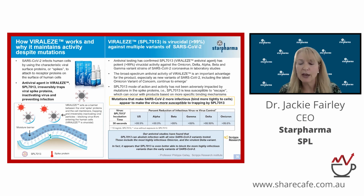This is a topical antiviral nasal spray to be used together with vaccines, and especially useful in situations where perhaps vaccines are not efficacious. We all know that vaccines are not 100% effective. And you can see some of the data there in the middle on the right-hand side. What this product delivers is a very convenient, easy to use product, which can be additive to vaccines, masks, and other prevention strategies, highly active in a whole range of the variants, alpha, beta, gamma, delta, Omicron, more than 99%